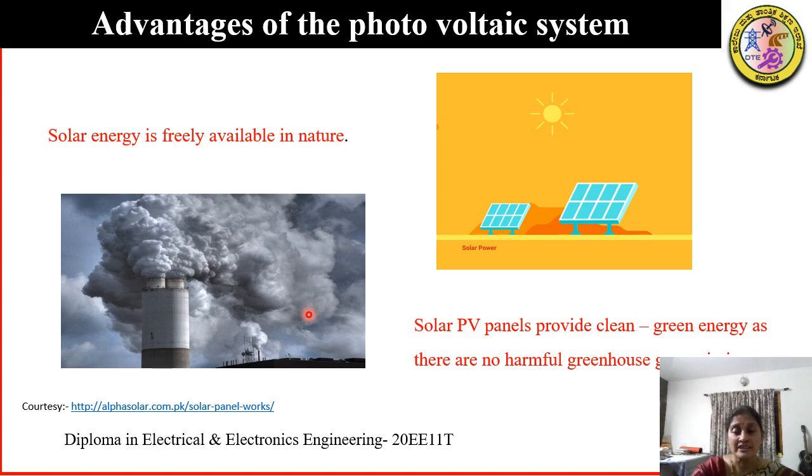Ash is corrosive in nature and has a high temperature, and its disposal is a problem. So also smoke. Smoke contaminates the environment, so we have to bring down the temperature and remove all the particles which are harmful. So all this requires time and cost. In case of solar PV panel, it is absolutely clean as there are no emission gases which are harmful.